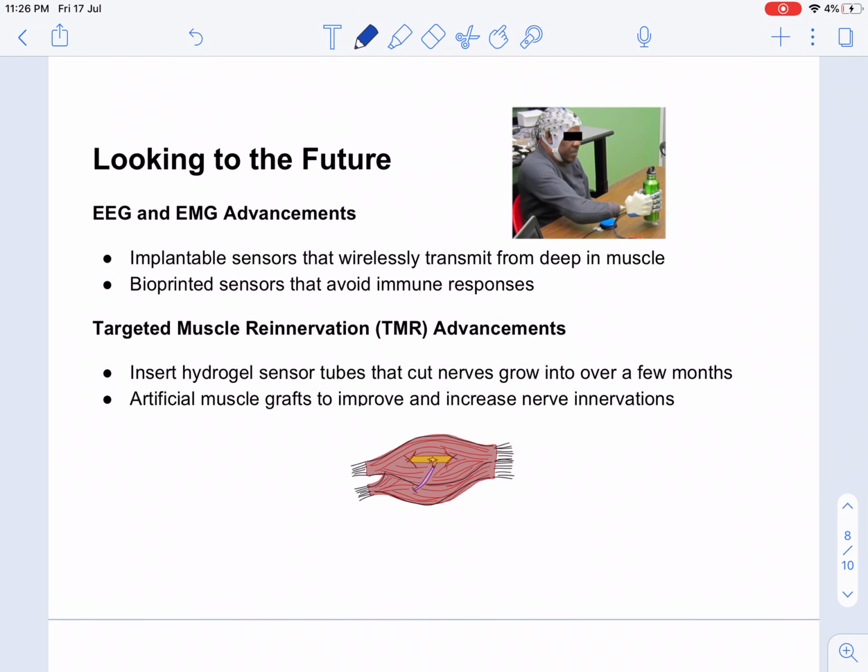So looking to the future, there's a lot of great things happening. There's huge advancements in EEG and EMG. These sensors are getting really fancy. They also now have some that can be implanted directly deeper into muscles, and then they wirelessly transmit signals from the muscle. And now they're making ones that can be bioprinted, so these are bespoke or sort of personally made, and those are going to avoid the immune response, so they might be much longer lasting if they're made by cells that